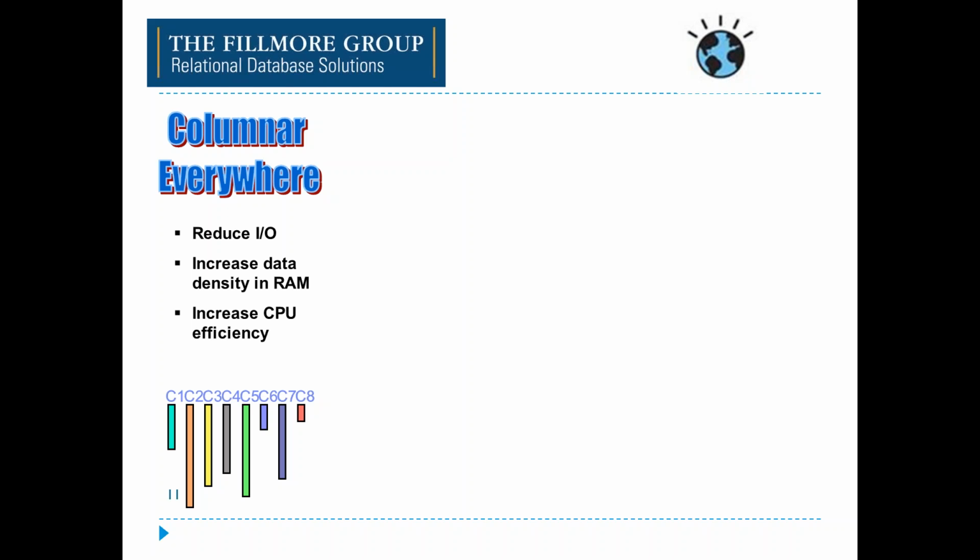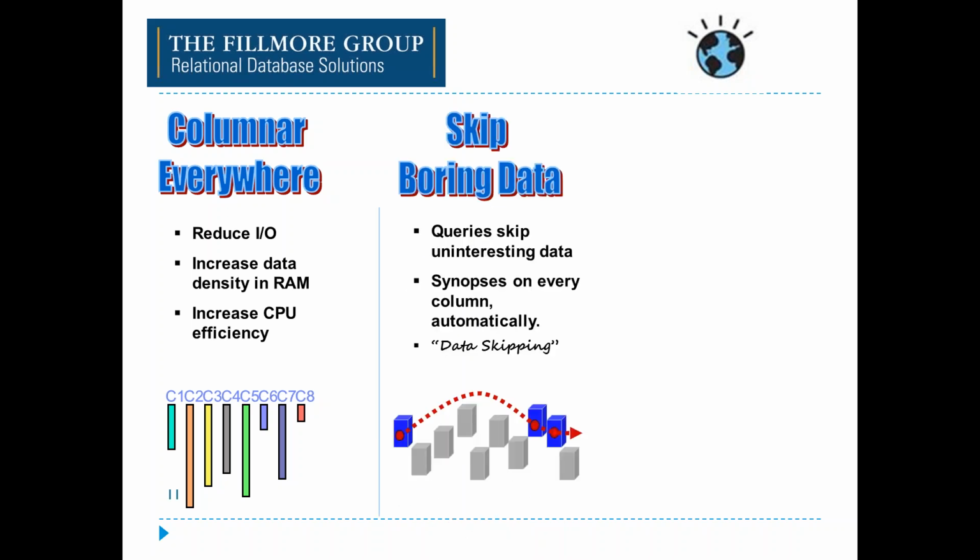So reduce a lot of I/O, by 80 or 90%, and increase the data density in the memory and increase the CPU efficiency. The next is what we call data skipping. Data skipping takes advantage of a feature that was found in the PDA Netezza, which is known as zone maps. Basically, it tells the database, self-maintained without any work on your part, the minimum and the maximum value for any particular column that is found within an extent of the way that the data is